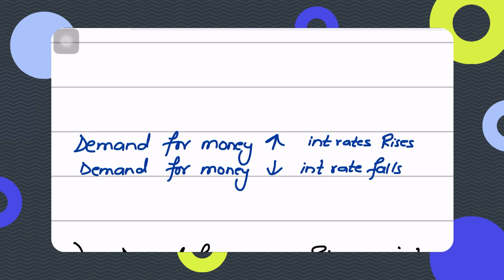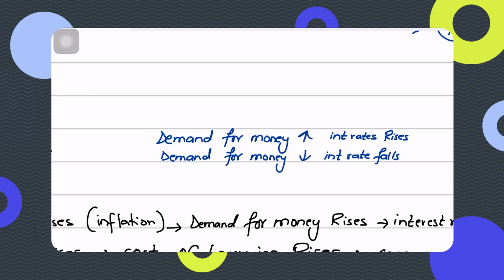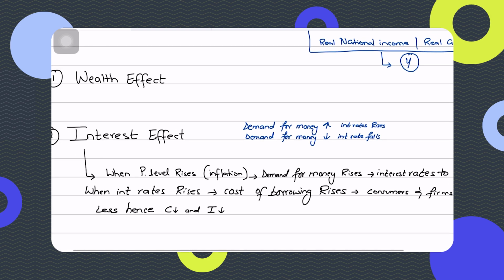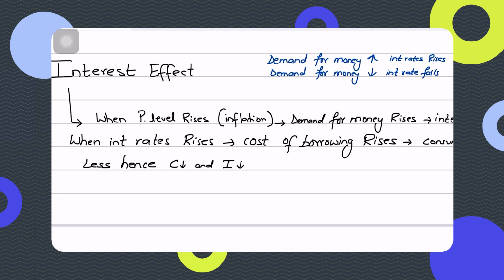So when the interest rate would go up, it will have subsequent impact on consumption spending, and it will also have subsequent impacts on investment spending as well. ठीक है. देखें, इंटरेस्ट रेट जो है ना, इट इज़ द प्राइस ऑफ बोरोइंग मनी. इंटरेस्ट रेट जो है, इट इज़ बेसिकली द प्राइस ऑफ बोरोइंग मनी. ठीक है. तो व्हेन द डिमांड फॉर मनी वुड गो अप इन इन्फ्लेशन, इंटरेस्ट रेट्स वुड राइज. अब जब इंटरेस्ट रेट्स राइज होंगे तो क्या होगा, इंटरेस्ट रेट इज बेसिकली द कॉस्ट ऑफ बोरोइंग मनी और द प्राइस ऑफ